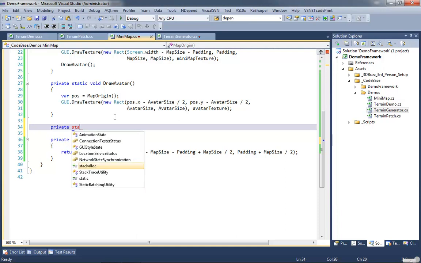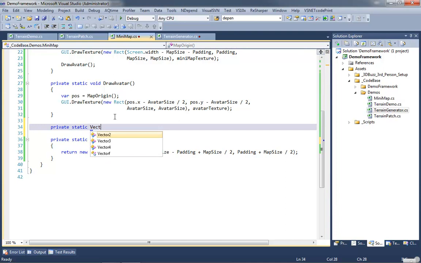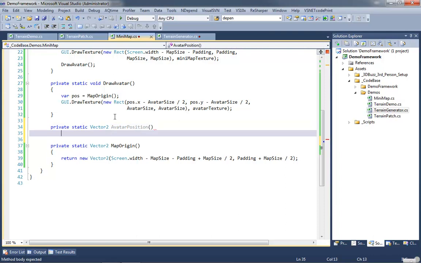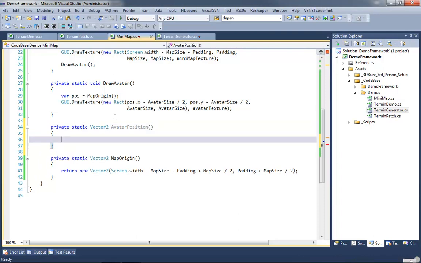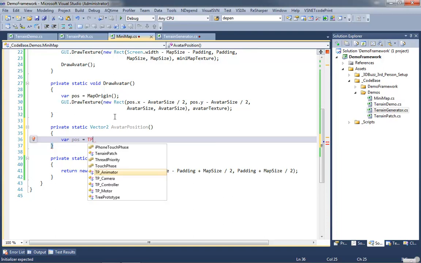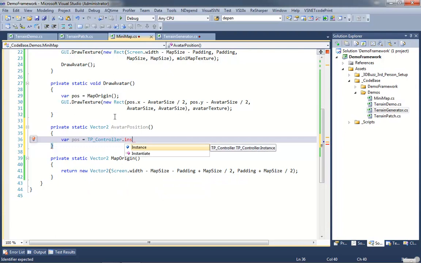So we need another private static. Again, this is going to return a Vector2, not a void. And we're going to call this one AvatarPosition. It doesn't take anything in, but it will return a new vector. Now we have to calculate this vector. So I'm going to make a var pos, and we're going to get our current character's information from the TP controller instance transform position,